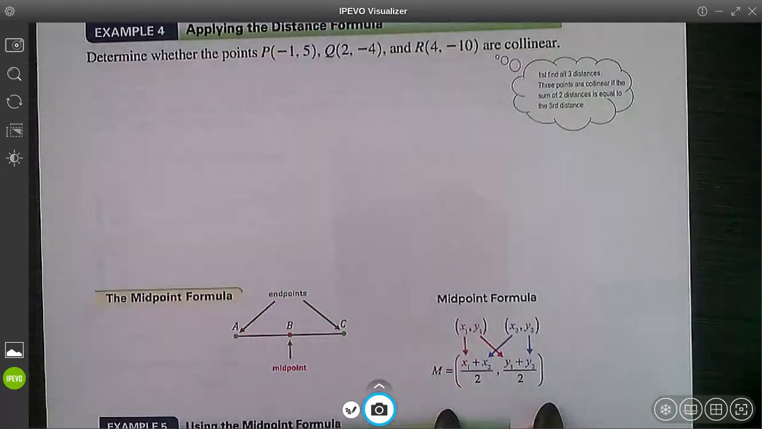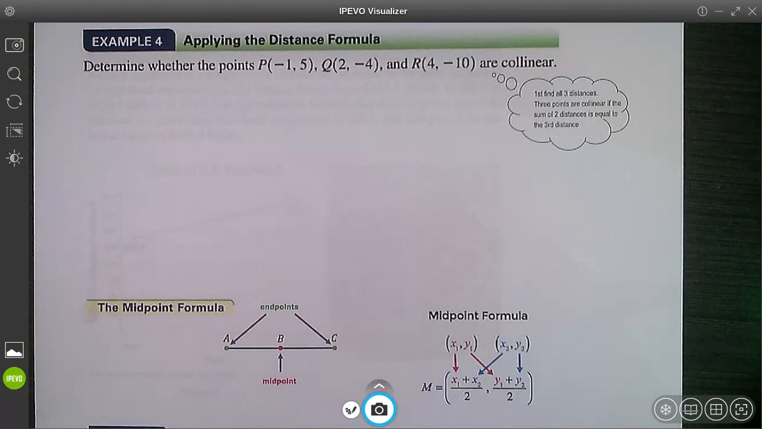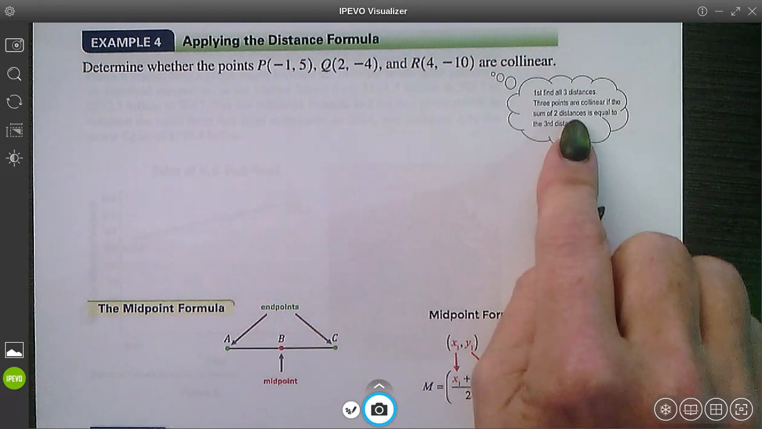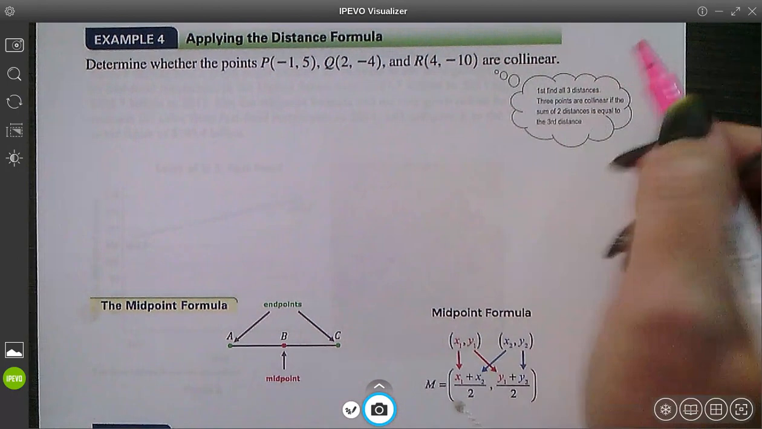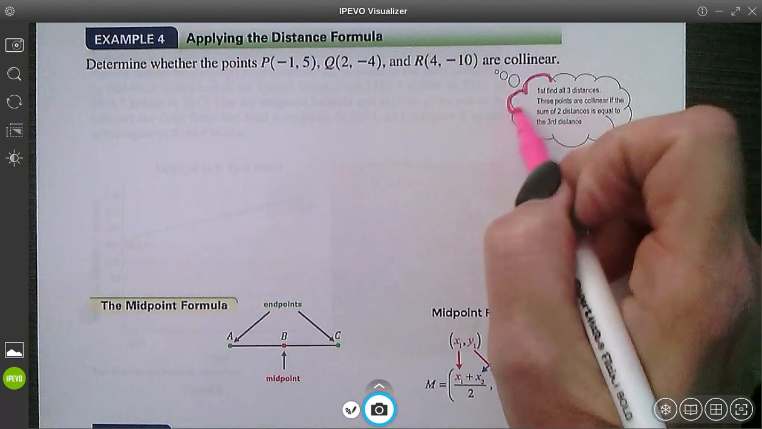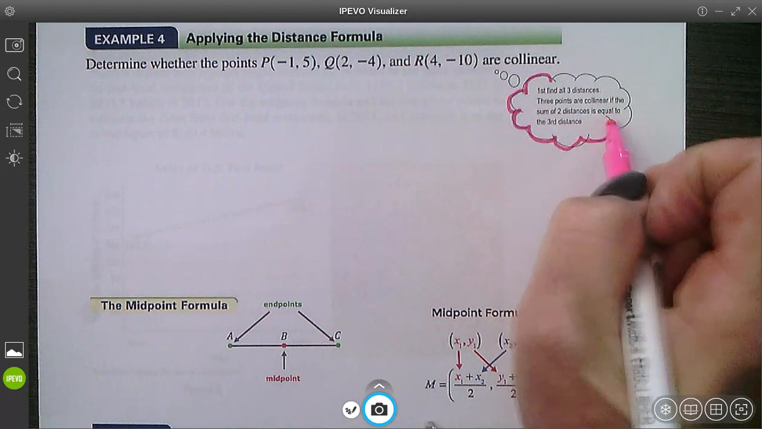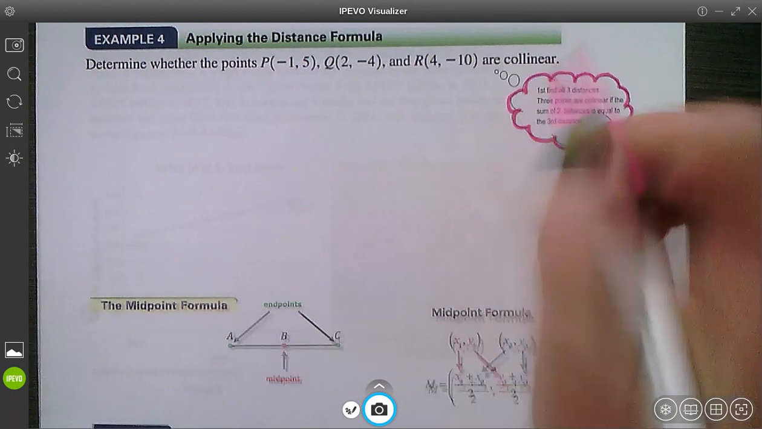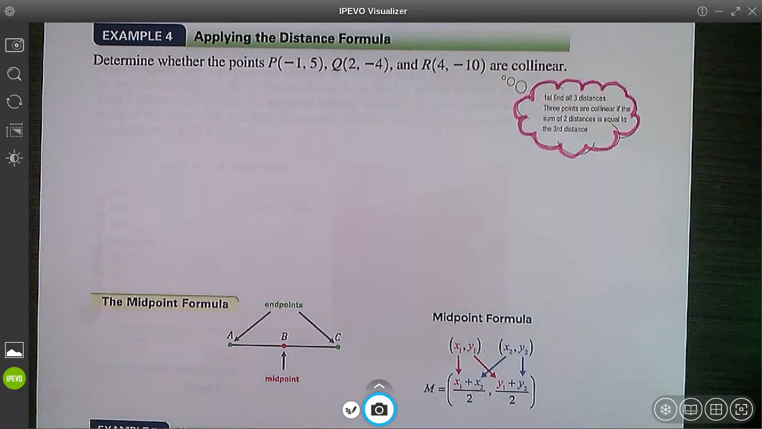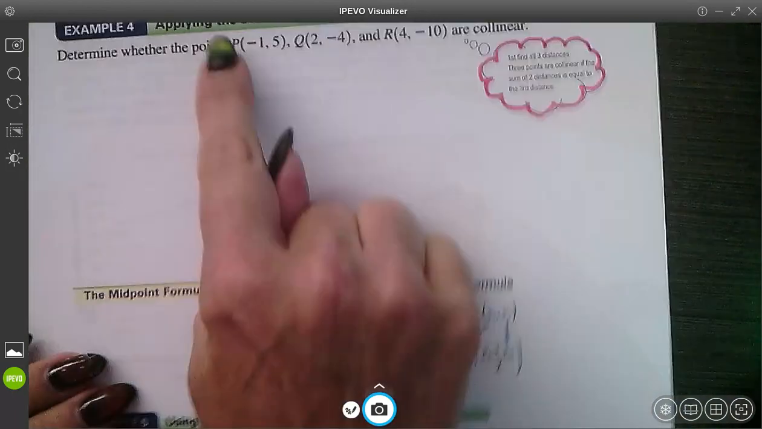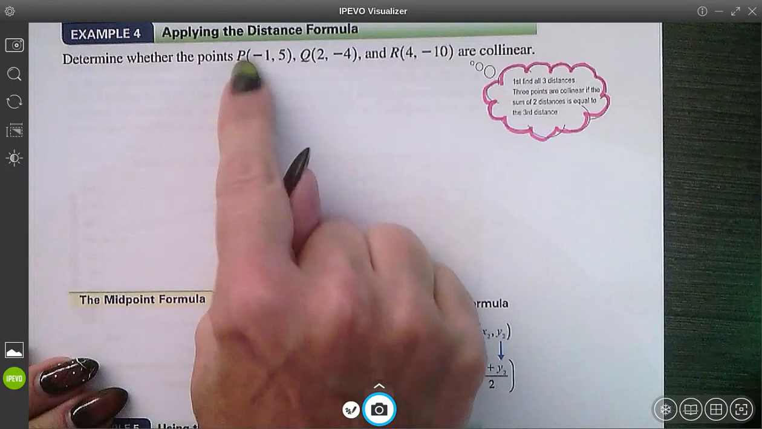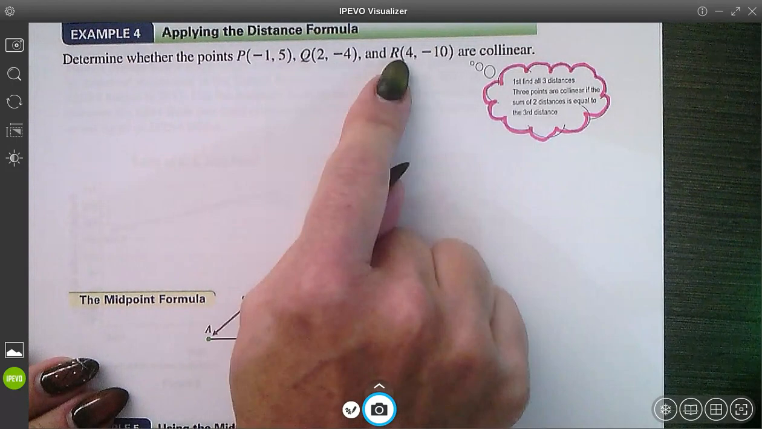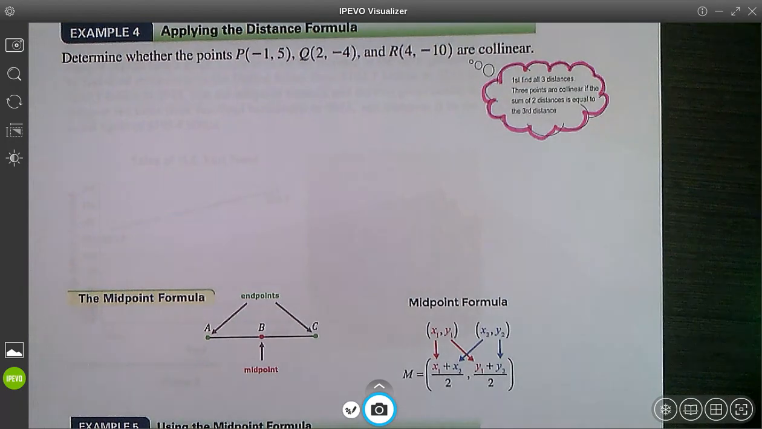All right. Another application of the distance formula is going to be determining if points are collinear. So to find out if 3 points are collinear, we have a little note here. What we have to do is figure out if the sum of two distances is equal to the third distance. So we're just going to find, again, 3 distances. So we've got the distance between P and Q, P and R, and Q and R. So PQ,